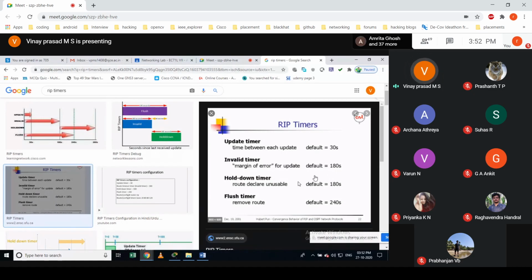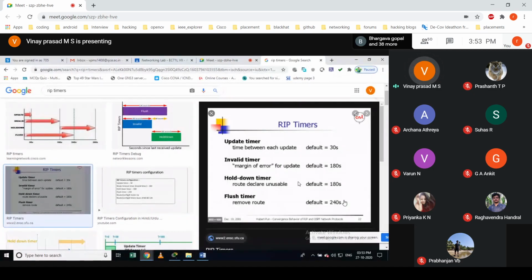If it is not able to receive an update for that particular network, it keeps that information as invalid and waits for 180 seconds, looking for any update for the same route. If there are no updates for that network information, it becomes invalid and will not be advertised to any other neighbors.